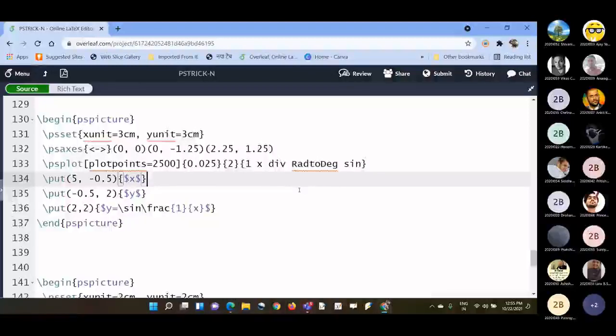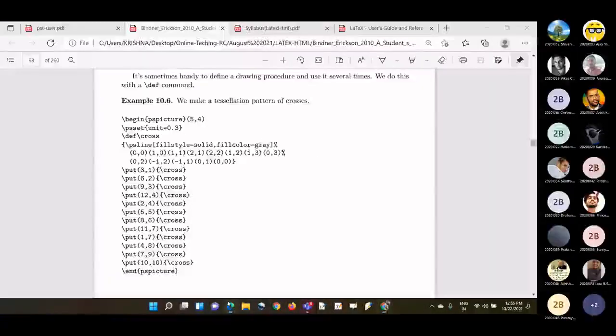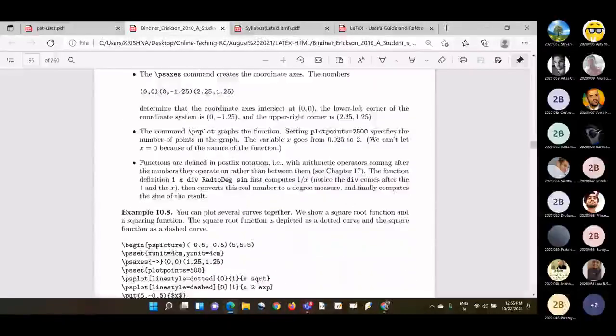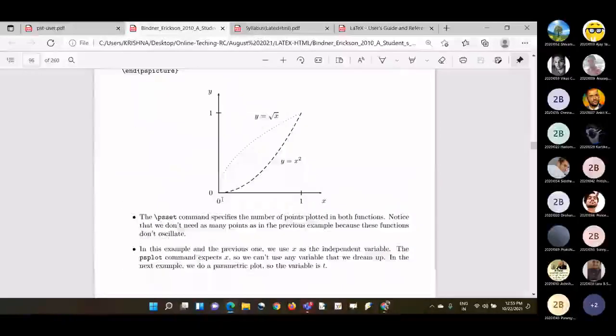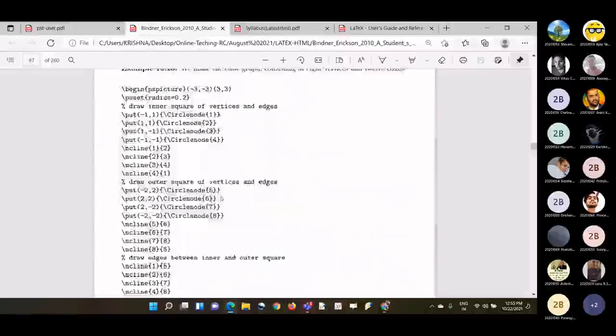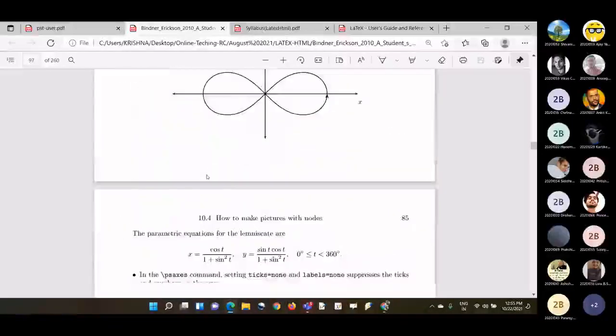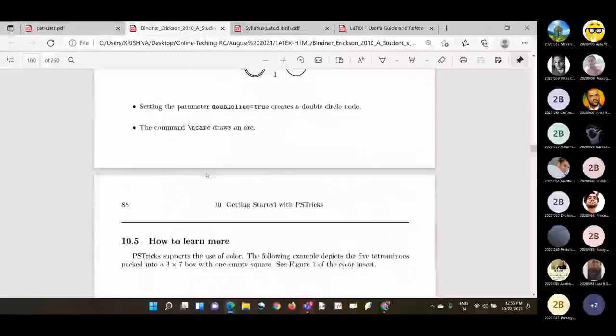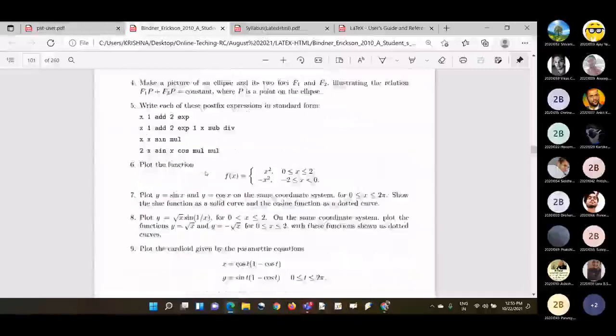And this is something you need to learn. This is called postfix form. Just a minute, I'll let you know how. In this chapter, you will be getting some.